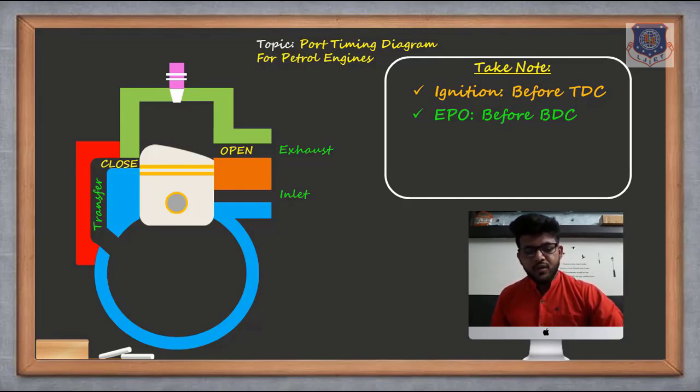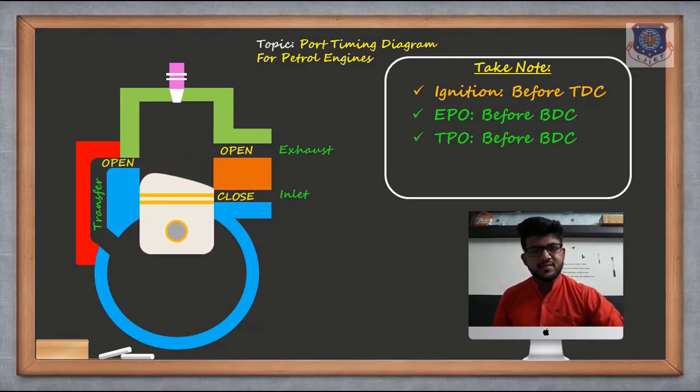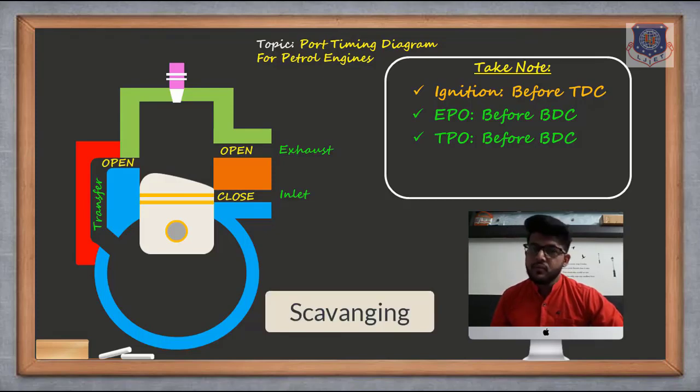Now next step, the piston will move to the BDC. So now it is moving and it has reached BDC. In this case, now you can see the transfer port is open because the piston has moved, but the inlet is still closed. So in that case, transfer is also open, exhaust is also open. The fresh charge will enter the combustion chamber, and whatever the exhaust gas is, it will be removed by the fresh charge, and that is called scavenging.